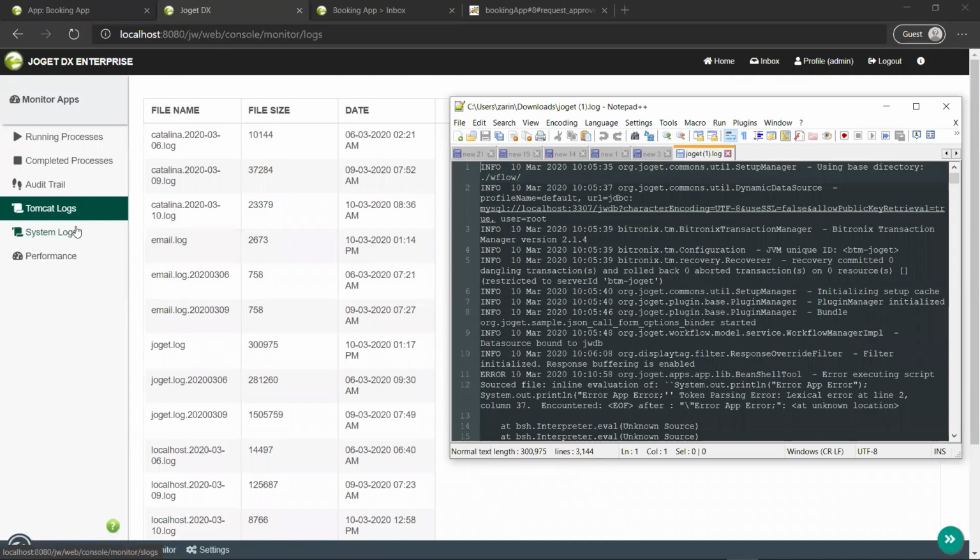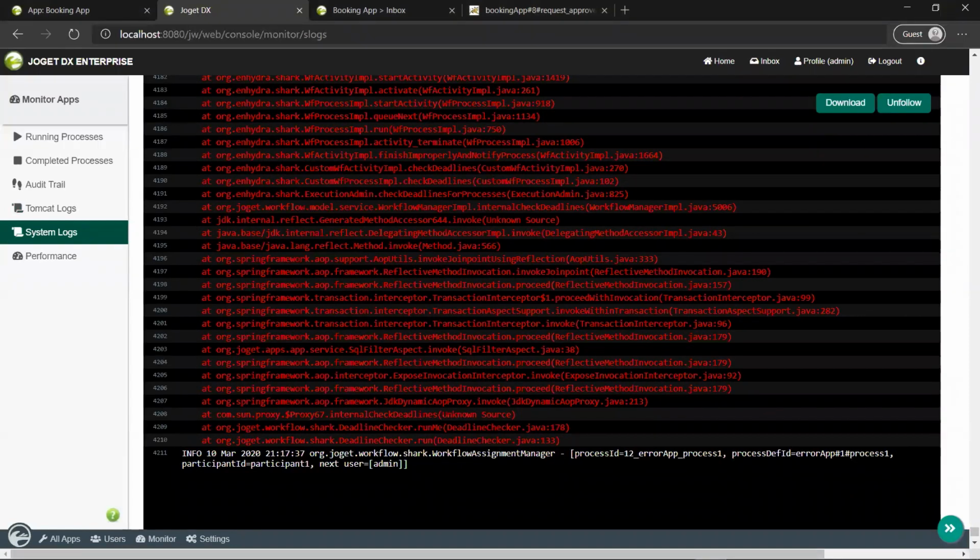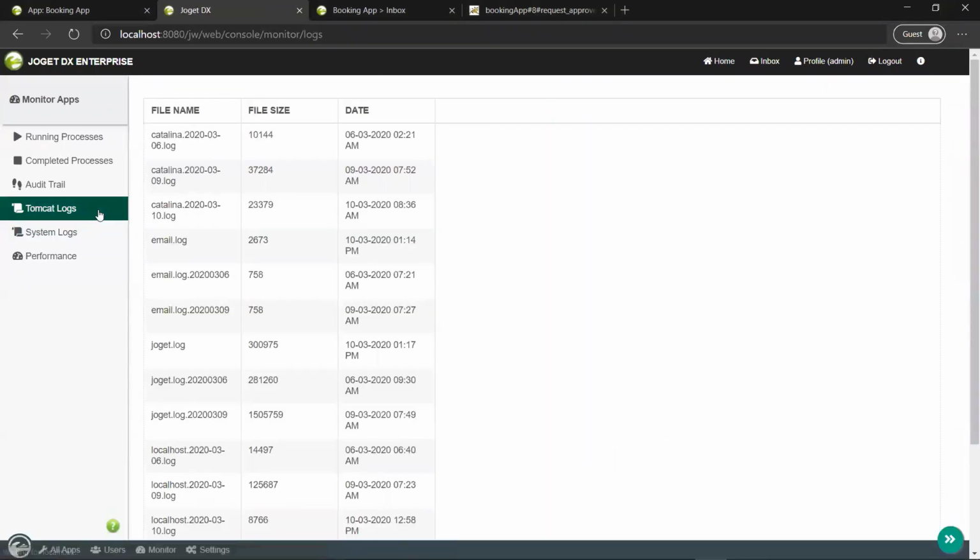Adrian, I have something to say. Can you go back to the previous screen? Yep, Tomcat logs. So this is the feature that's available in Joget V6. However, I would like to add that it is actually not available if you are in a multi-tenant edition